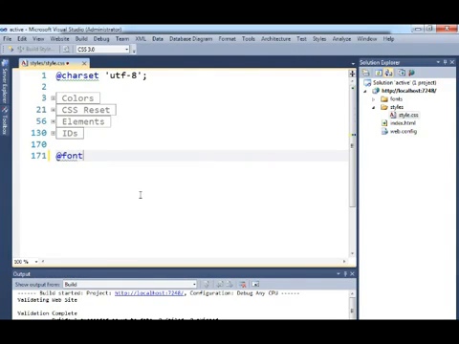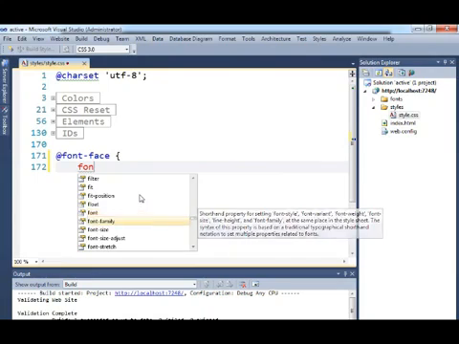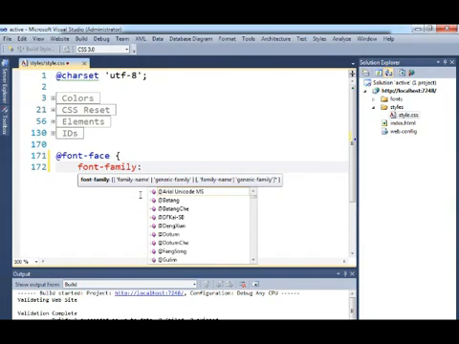So font-face, and we're going to choose font-family. And this is where I get to give it a name. So